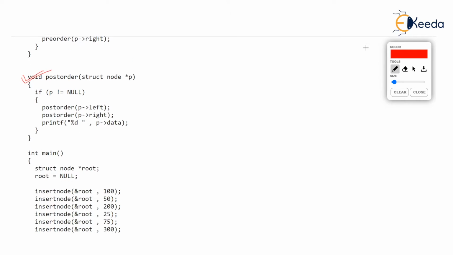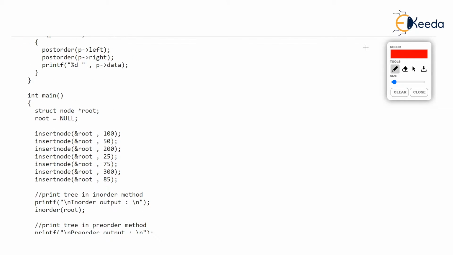So let's start the discussion from main. We want to create a binary search tree. In main, check the first line. There is a pointer declaration. Root is a pointer to a node, observe. So root is a pointer in the memory which can point to any node. Remember, the node structure stores data and two pointers, left and right. So root can point to any node, okay, but we have not created any node still. Still we have not created any node. A node will be created only after a call to malloc.